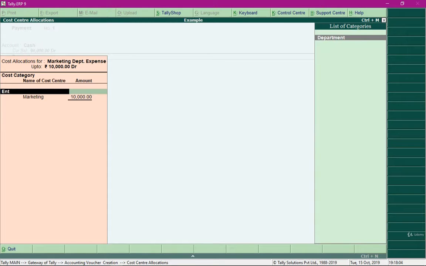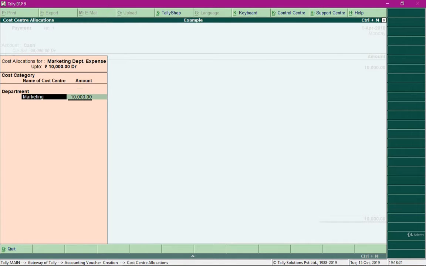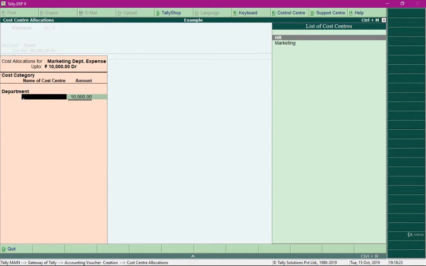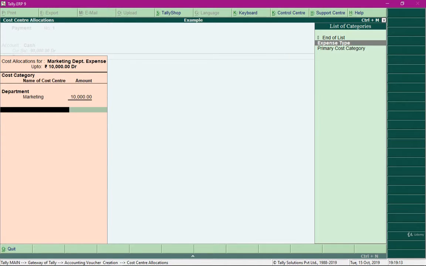Initially here the details would be blank. You need to press the spacebar key to toggle the list of categories, and since this expense is towards marketing department, I will select the department cost category first over here and specify the cost center marketing over here, and I will also specify towards what items the expenditure took place.